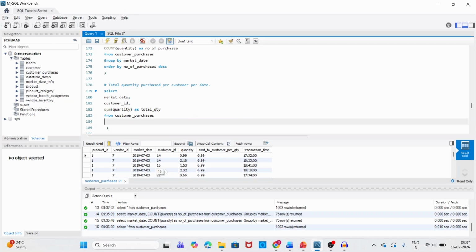Like I said, whatever non-aggregate column is used in the select statement should be mentioned in the group by. Just write group by market date, put a comma and write customer ID. Okay, now if you run this,